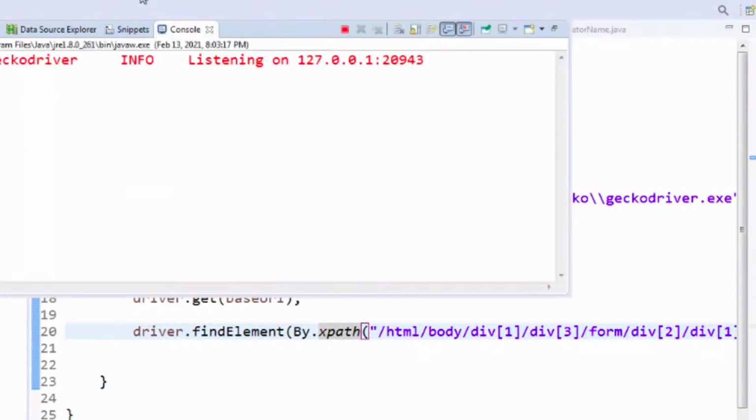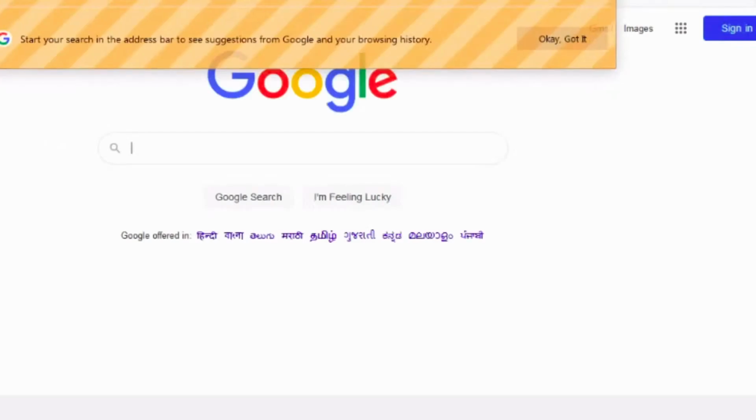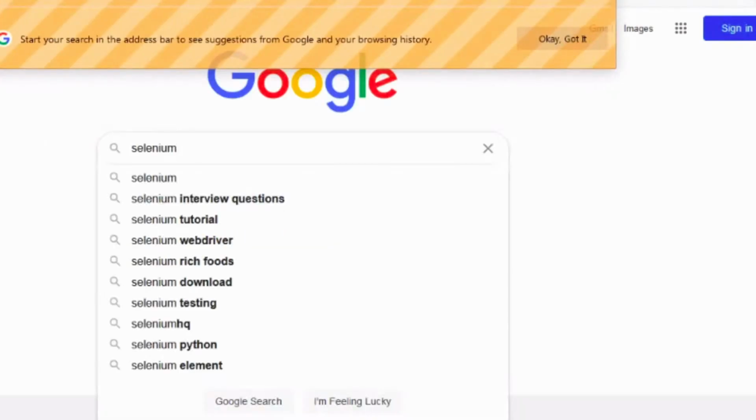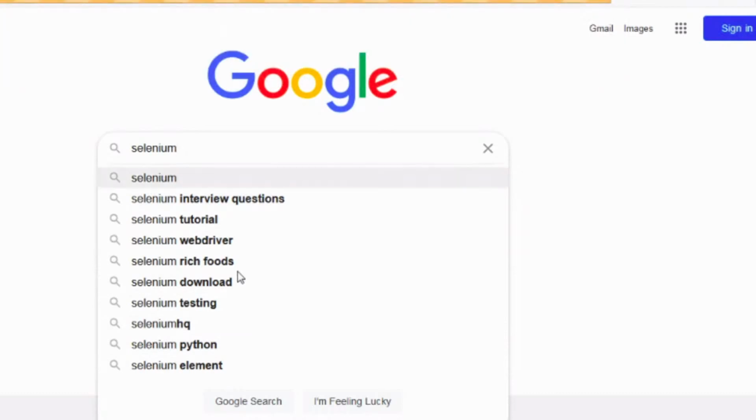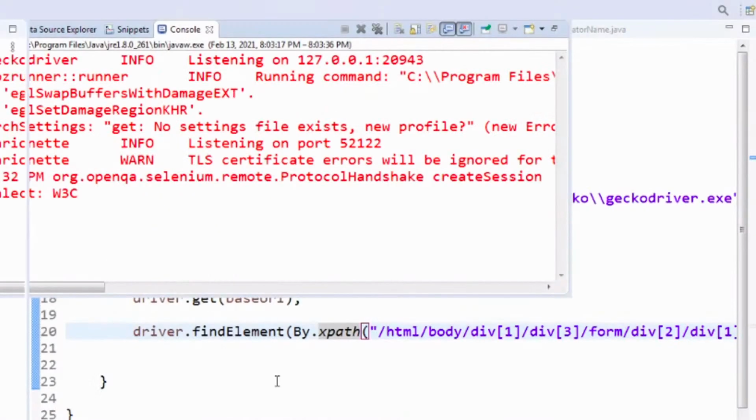Will it work according to our explanation or not? It will open Firefox. Okay, Firefox is open now, and it will open google.com, so it is executing driver.get. We can see it has located this search field via XPath and passed the word Selenium, and these are the suggestions we are getting. This is the Google functionality. It has passed Selenium and stopped the execution because we have written only this much code.